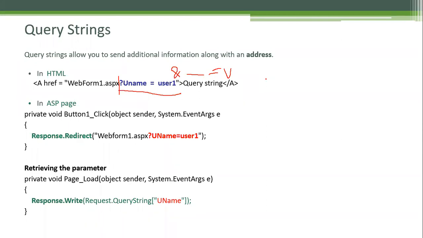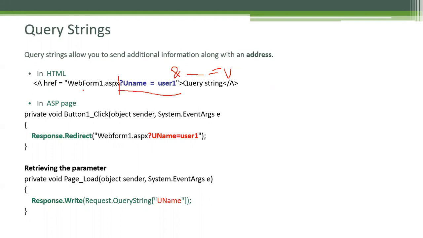When it comes to query strings, we can only transfer 2083 characters along with the URL address. So when we pass data using a query string, we can pass only 2083 characters, including the address of our website. To pass this data from HTML, we can use it like this.